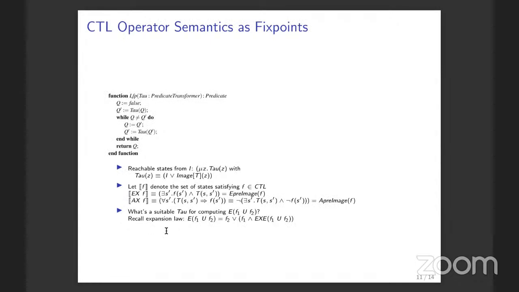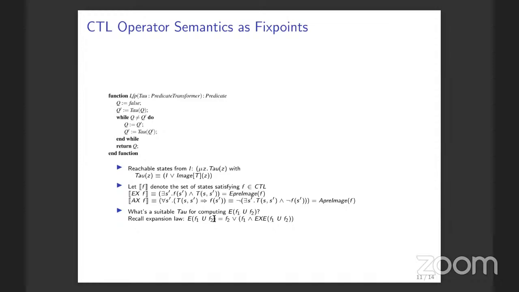Here it comes in handy to recollect your expansion law. Remember that we had put up an expansion law. If you look at that, it gives you an idea of how you could define an appropriate tau whose fixed point can be the set of states